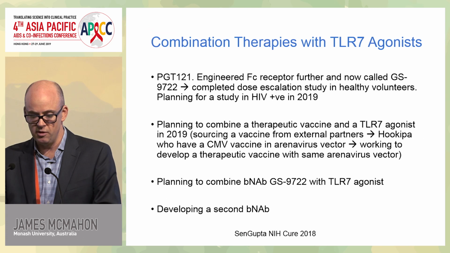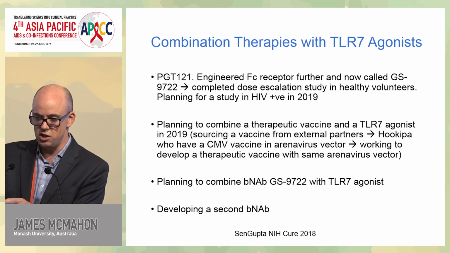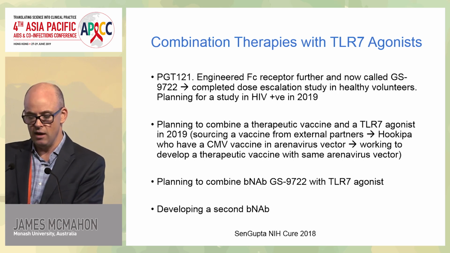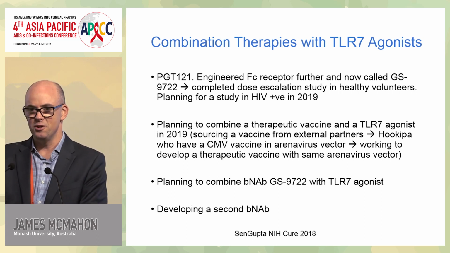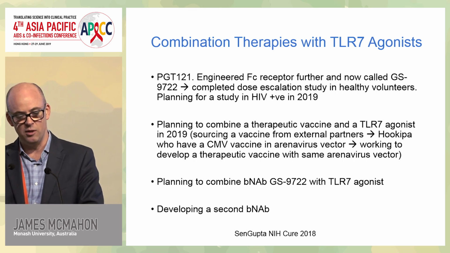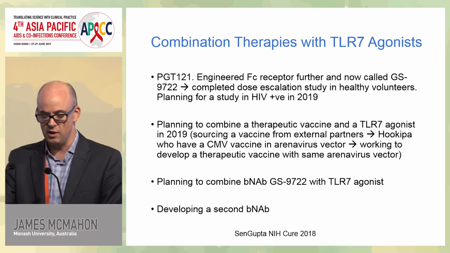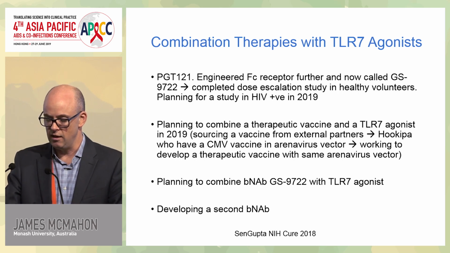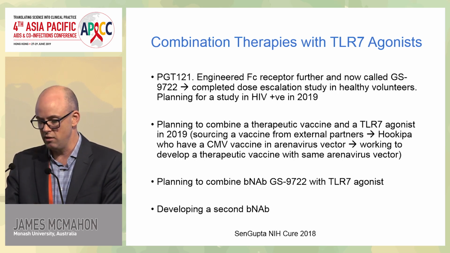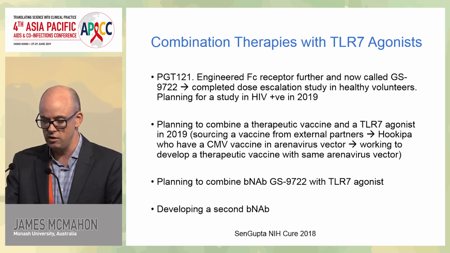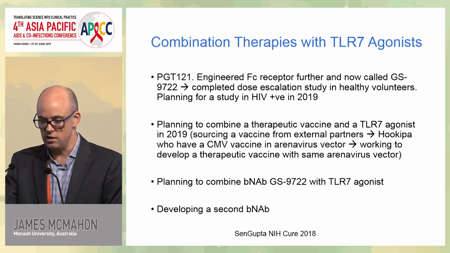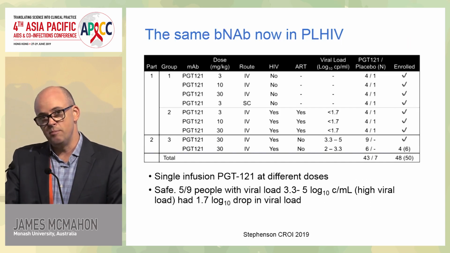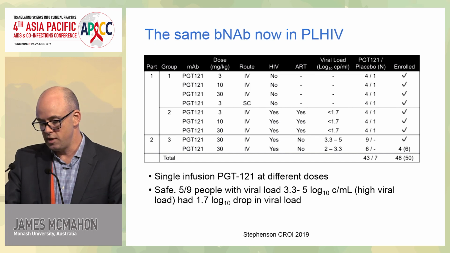And here's an example of them. As I said, when you see the GS in front of the number, you know that it's Gilead Sciences. So you know that they've engineered this antibody that was called PhD-121, and it's now become a drug for study in clinical trials from pharma. And they're combining with TLR7, and there's also a therapeutic vaccine that Gilead have acquired, which they're using. So we need to just, again, watch this space. The first studies of this antibody then were also given in people with HIV, and this was presented at CROI.